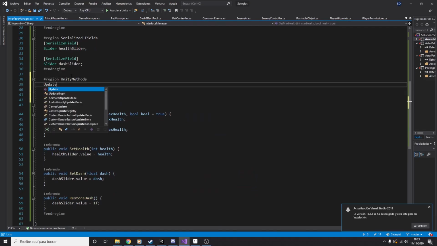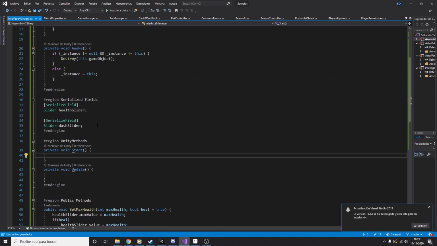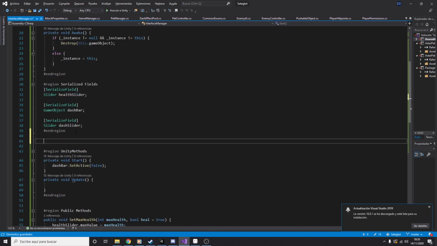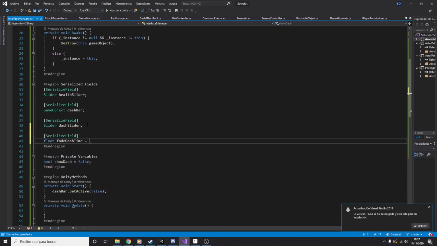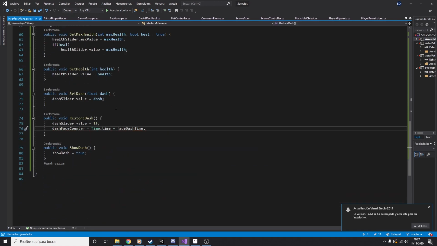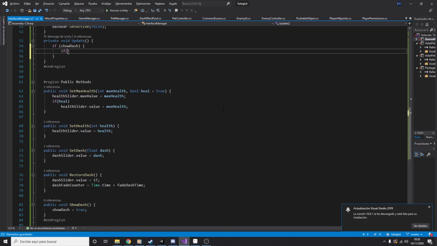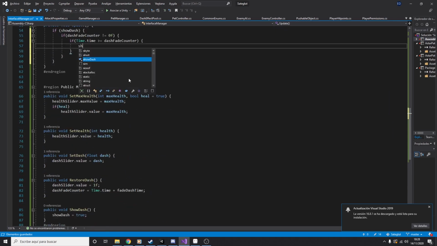This way was better to keep track of the cooldown, but it was a bit annoying that the bar was always visible. I needed to code some functions to hide the bar when there is no need of showing it. Also, for polishing, a nice fade in and fade out effect would be nice.